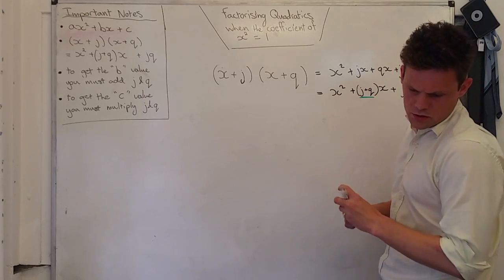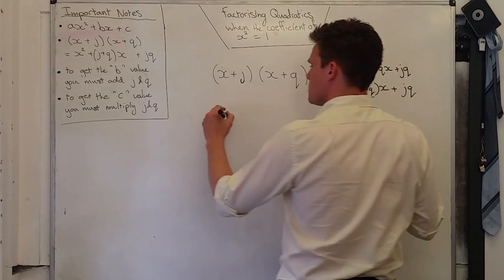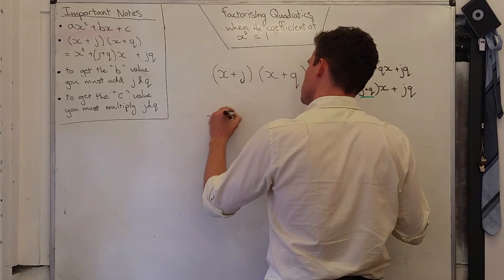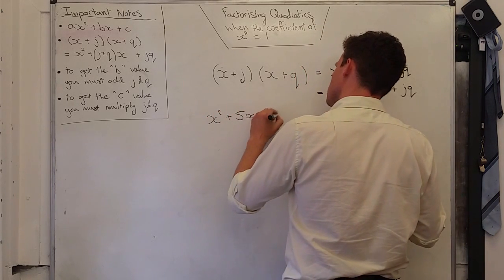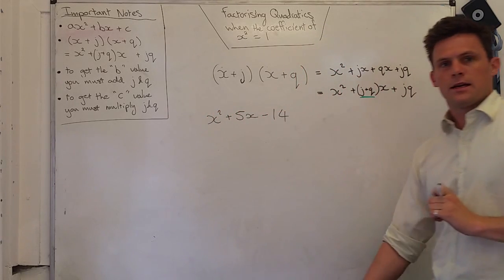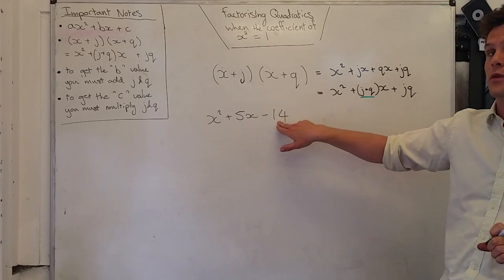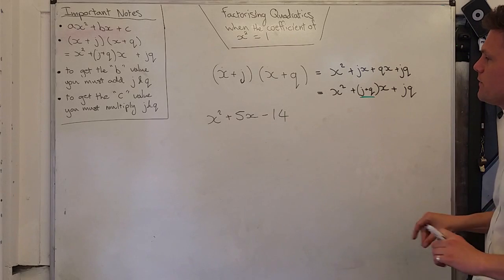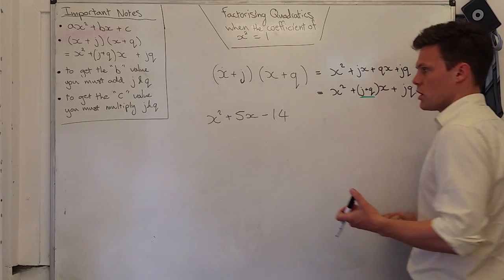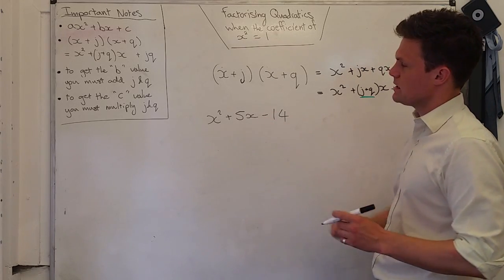Okay, so last one we'll have x squared plus 5x minus 14. X squared plus 5x minus 14. Alright, now, same process, however, I've got a negative 14 now. Now this negative 14 kind of throws a bit of a curveball, because of the way I get a negative out,